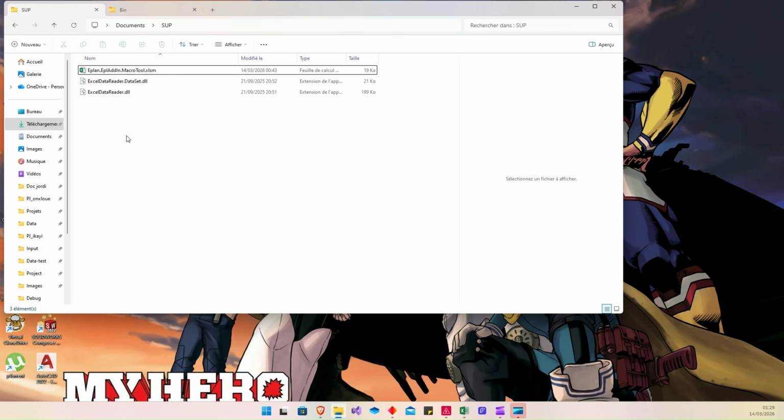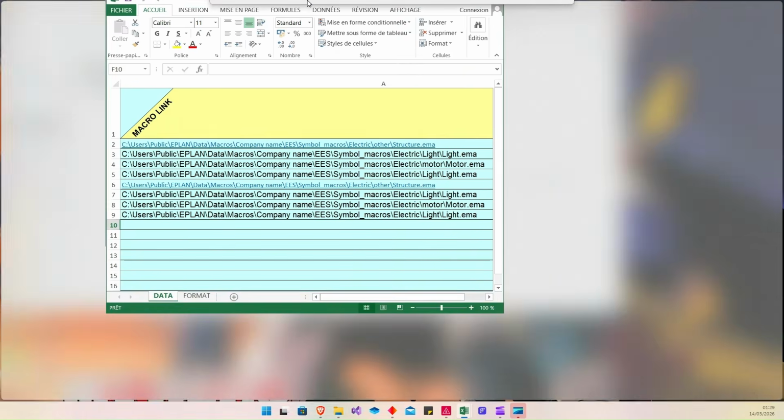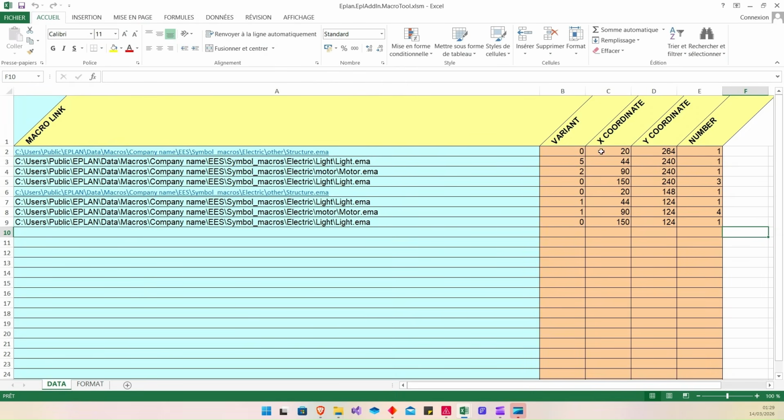After configuring this DLL file, you need to configure your Excel file. You can use this Excel file, but you can also use your own. But I recommend using this one, because I configured it to save you time, since I structured it well.